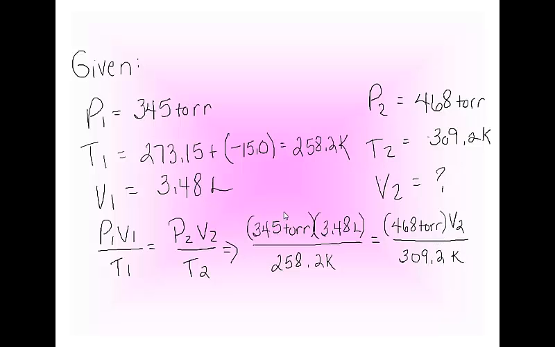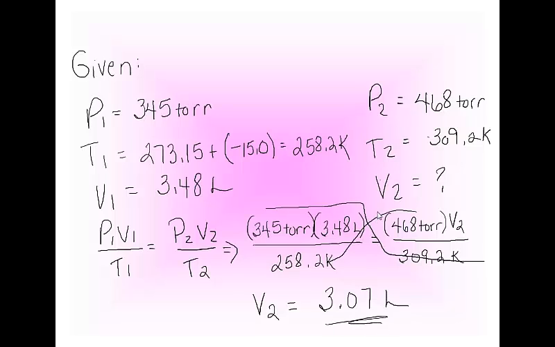I multiply the entire side that's complete, so I multiply this entire side together, and then I divide by the product of these two. So multiply the 3, divide by the 2, and you get your answer. But this is algebra, you should know this. So notice my volume did go down. Pressure went up, volume went down. So it did kind of follow the Boyle's